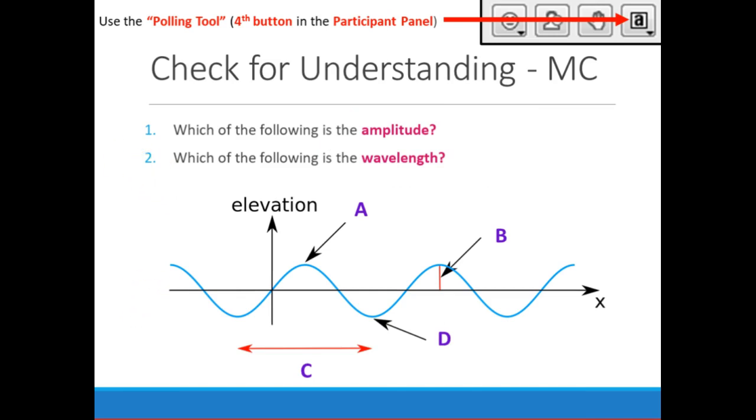So that being said, A, B, C, or D, let me give you your polling tools. Which of these is the amplitude? Remember, both of these have to actually be measurements, not just points on the waves. For example, A and D are just points on the waves. These are just showing you points. We need actual measurements, distances. So which of these shows the amplitude? Look for distances, not just points.